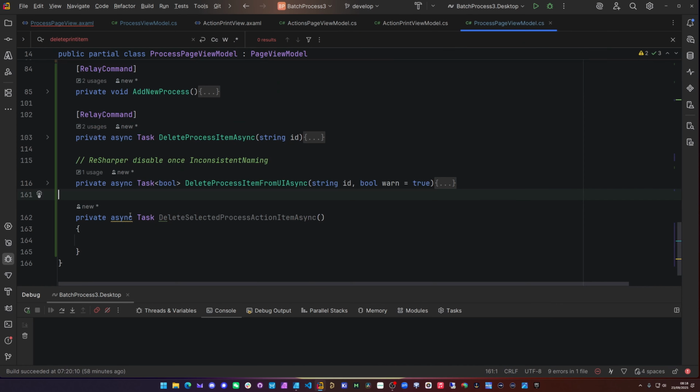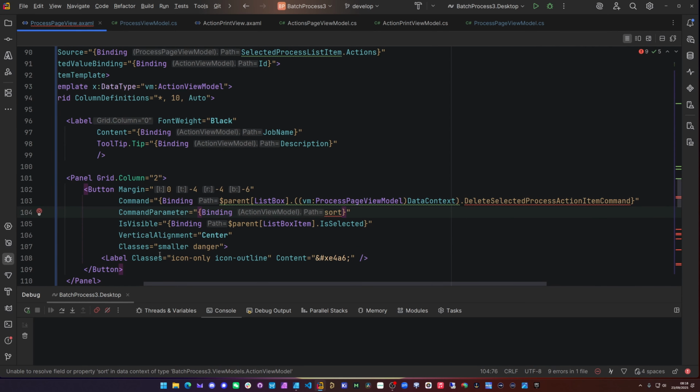Where were we before we were doing this? So this now wants to be an int, I think, sort order. And what I was thinking, I wasn't really fully verbalizing that then, is we might want the exact same command, or the exact same action, to be run twice in a job, like twice in the process. So say you want to set a custom property and then do something else, then set the custom property again for whatever reason. If we were to pass in the ID here, you've only ever got one action, not necessarily,